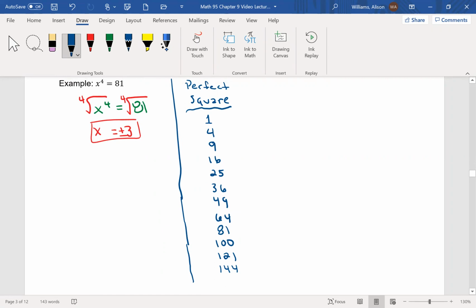I expect you to know that when you take the square root of 4, you see a 4, that it's going to be 2 squared. The square root of 4 is 2. Or when you see the square root of 49, that's going to be a 7, because 7 squared is 49. All right, so these are the perfect square numbers. Well, it works for cubes. And those are the ones I kind of want you to know so that you're ready to go for the class. So the perfect cubes,